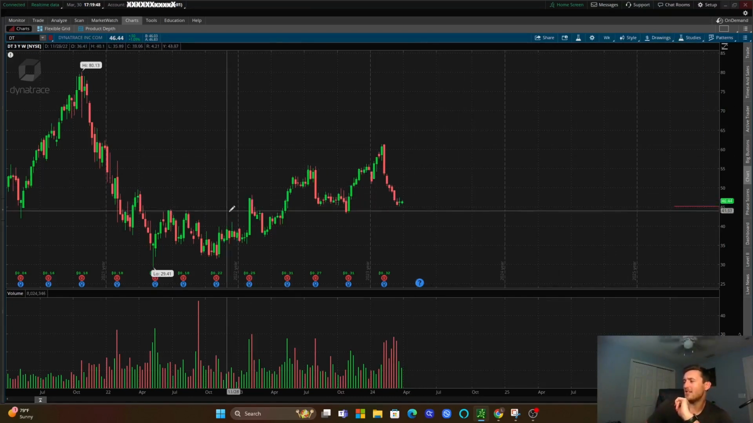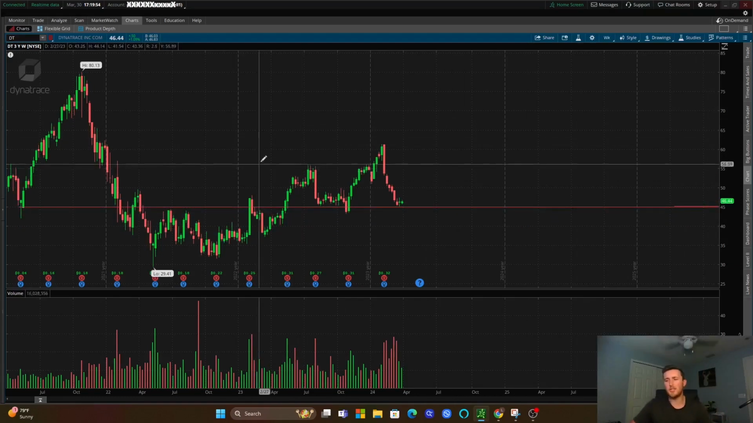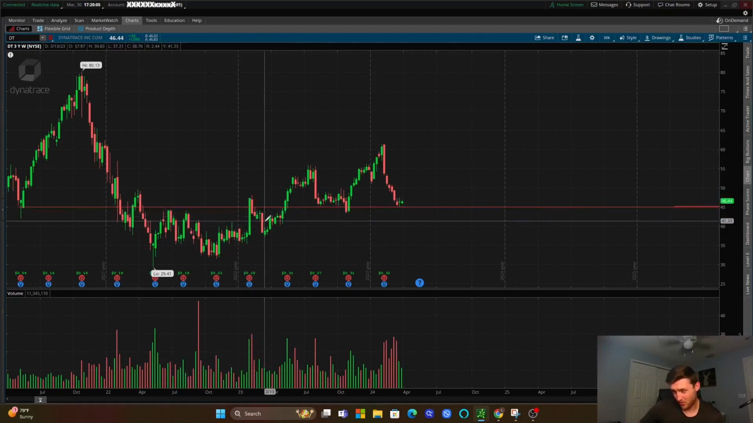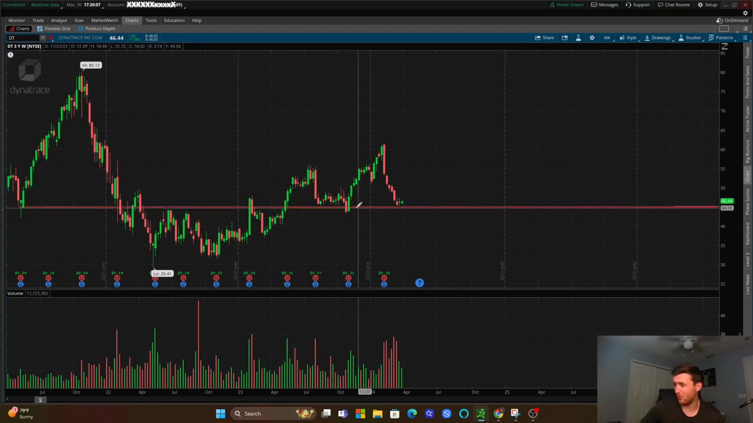Right here on DT, there's a support line around the $45 level, and I'm going to draw that out and show you. The reason we have that is because we tested this level, then rallied, came back and back tested actually the $50 level. We tested again, rejected, broke through and rejected again, and then finally held support around that